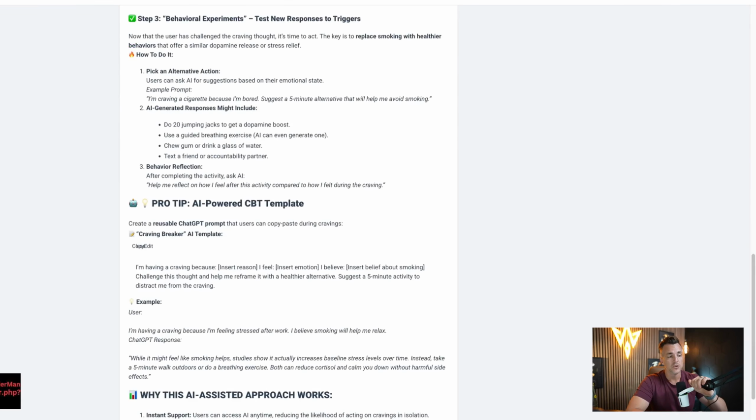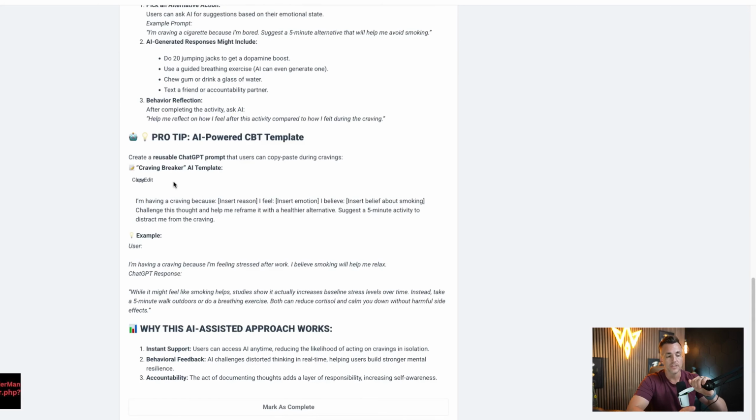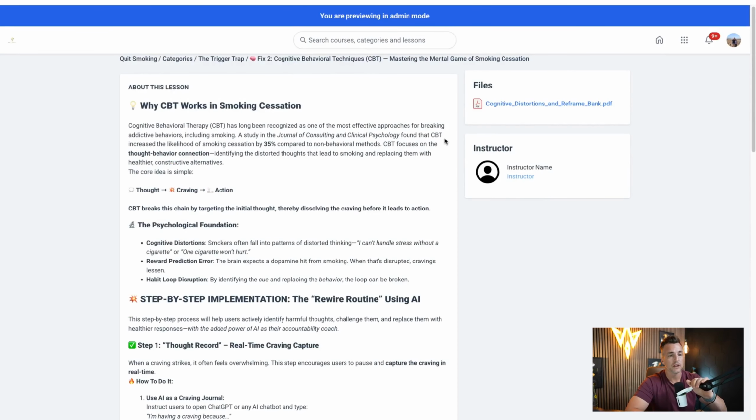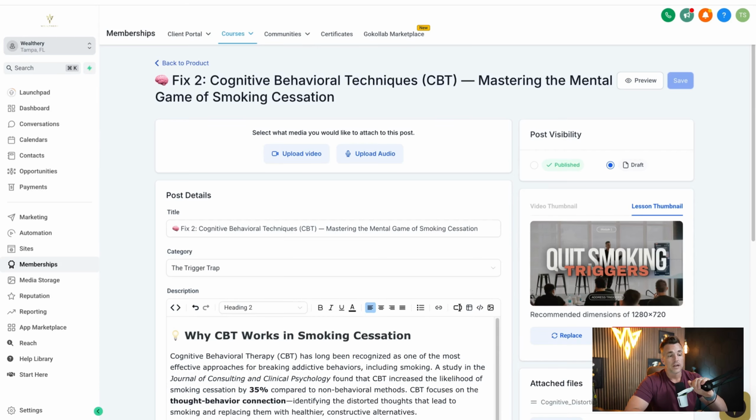And what I would do is, at the end, take all of this and build it into one big PDF that I can give everybody. It's going to end up being 100 pages, right? Because some people might want to download it and take it with them. We want to give people everything that they want, okay? So that's pretty much all we would have to do here. You can see they can click on that. It'll download that reframe system in there. And now we're, again, off to the races.